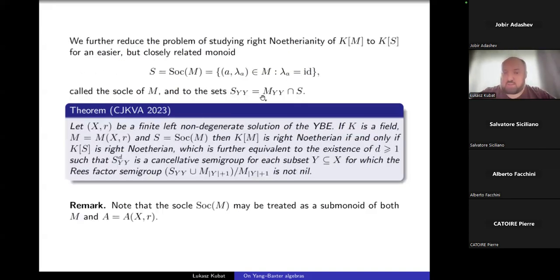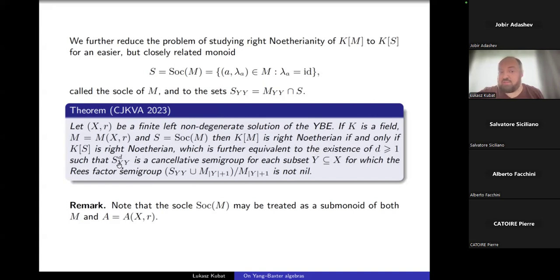It can also be shown that the one-sided Noetherianity of the Yang-Baxter algebra of a solution is equivalent to Noetherianity of the semigroup algebra related to a bit smaller submonoid of M. This is the so-called socle. And the theorem reads as follows: having a finite non-degenerate solution, the corresponding Yang-Baxter algebra K[M] is right Noetherian if and only if the algebra of the socle monoid is right Noetherian,